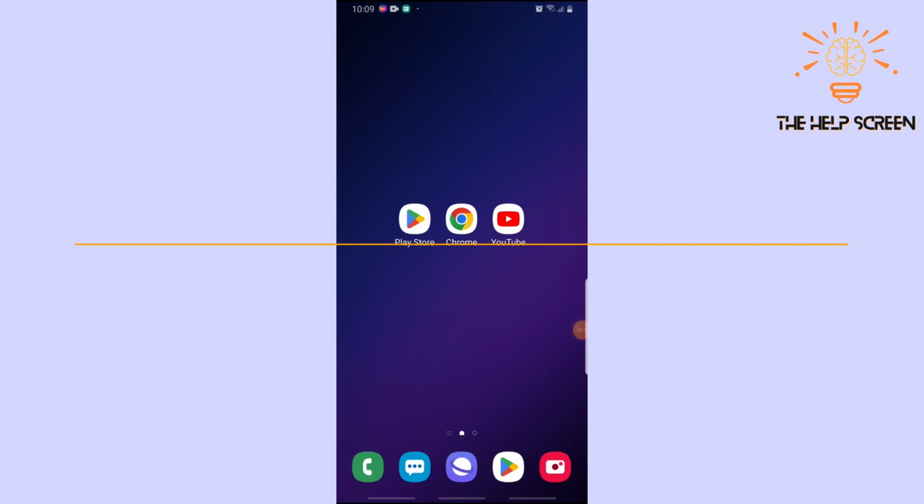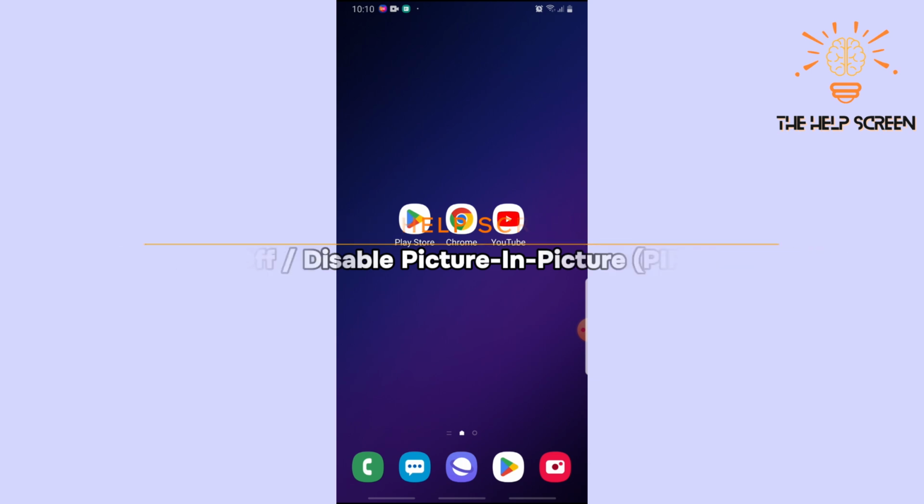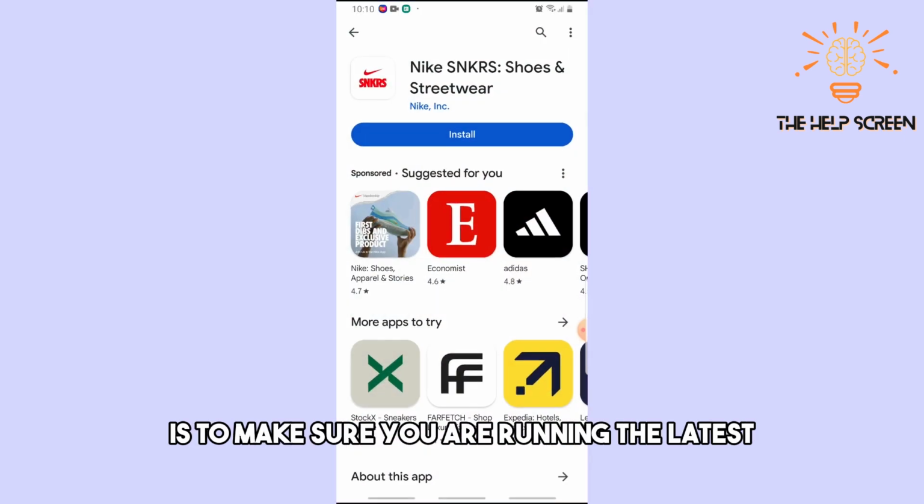Hey guys, welcome to the help screen, and this is how to turn off or disable picture-in-picture on a YouTube application. So guys, first thing that you will need to do is to make sure you are running the latest